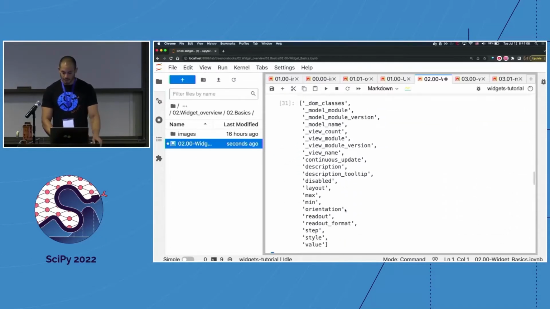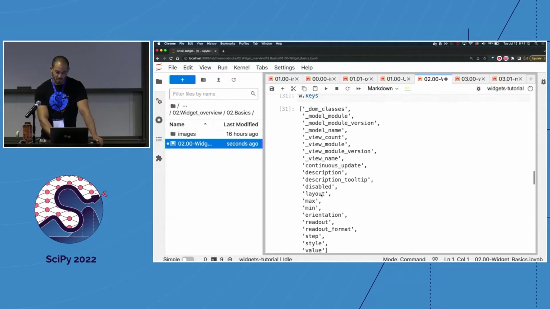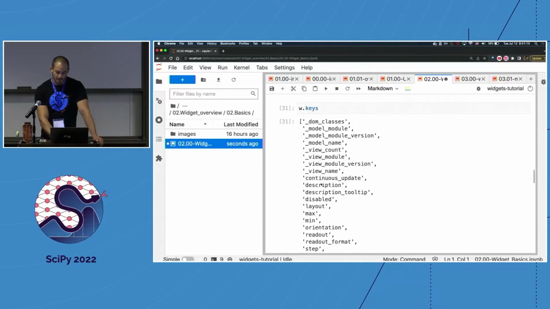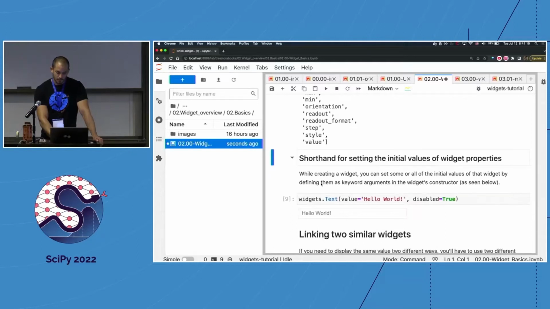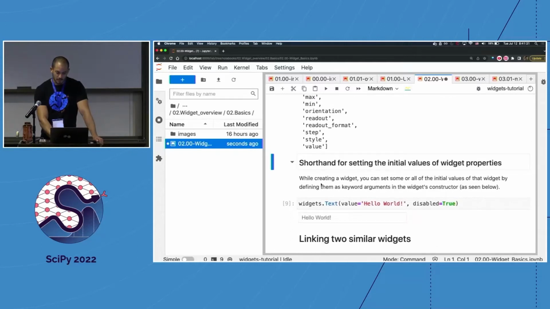It's basically just a dictionary that has a bunch of keys, and these are all the properties that you can access that belong to the widget object. Great. I think that's it in terms of